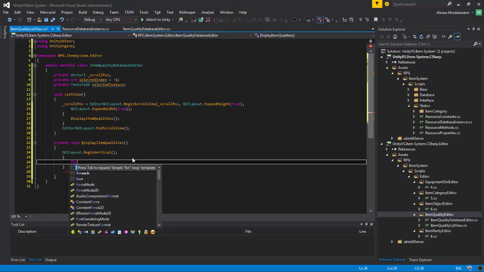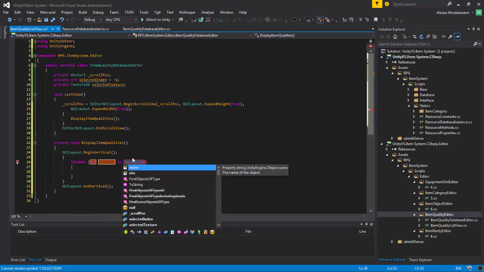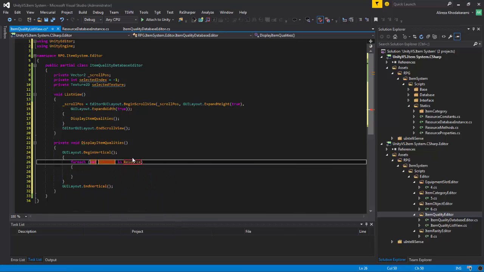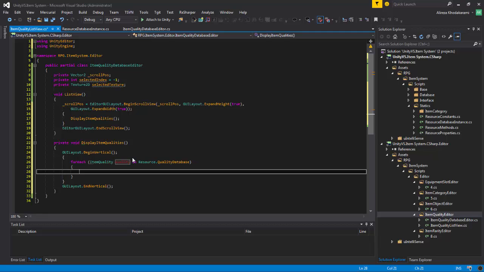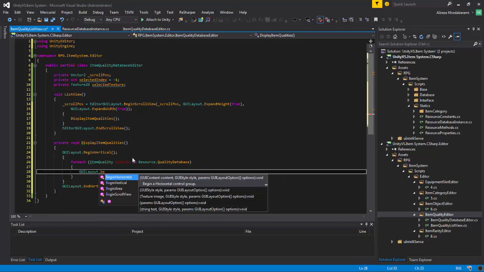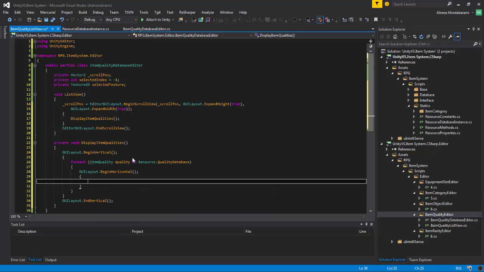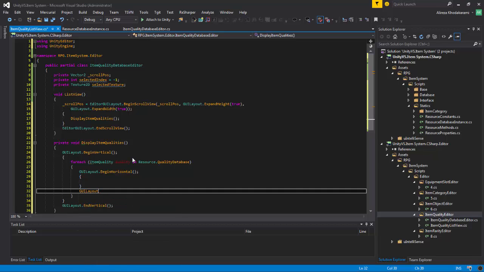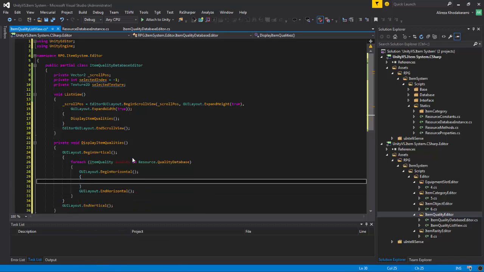So I say foreach inside resource.qualityDatabase ItemQuality. I could use it as var, but this is more descriptive. Quality. We say GUILayout.BeginHorizontal, GUILayout.EndHorizontal, and here we say item quality